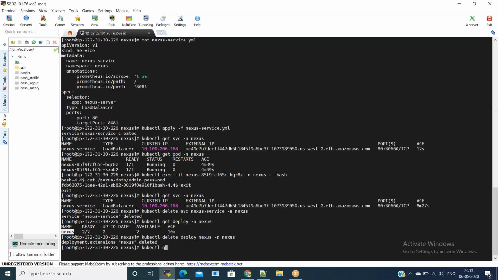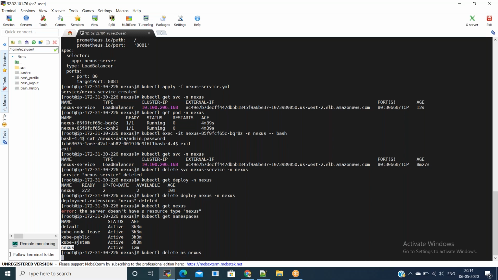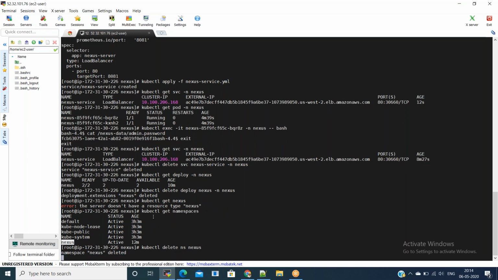Now you can delete the namespace as well. kubectl get namespaces, ns you can give, and you can delete the namespace which we created. kubectl delete namespace nexus. Whatever namespace, deployment, and service we created, we are able to delete all of them.